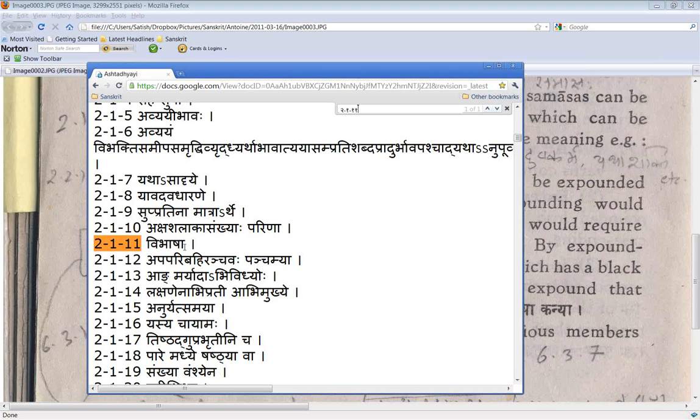But then, these are called not nitya samasa. It doesn't have to be compounded to give that meaning. But when you say yatha shakti, shaktim anatikramya yatha shakti, so not going beyond your ability or your power, yatha shakti. So yatha samarthyam, samarthyam anatikramya. Now you could not use the word yatha in the vigraha vakyam and get the meaning like that. You have to explain it. Of course, you can always explain it some other way, or explain some other words.